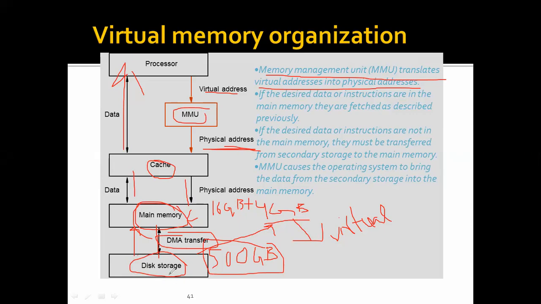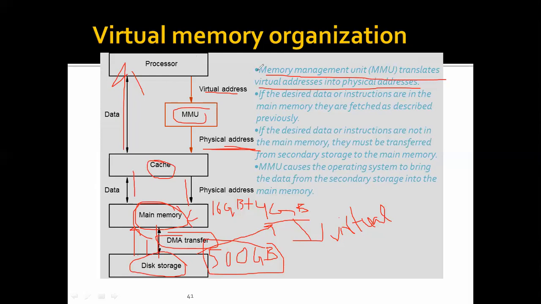disk storage. In this disk storage, the result will definitely be found, whatever the processor needs. That disk storage gives the data to the main memory. The data in the main memory will be given to cache memory. Now the data in the cache memory will be given to the processor. Now the processor does the required operation. In this way, the virtual memory helps to do the required operations.